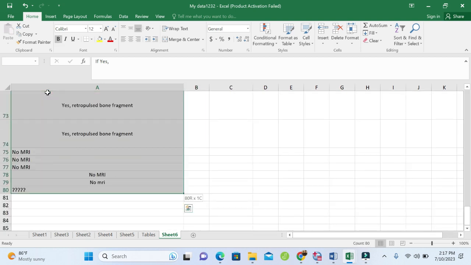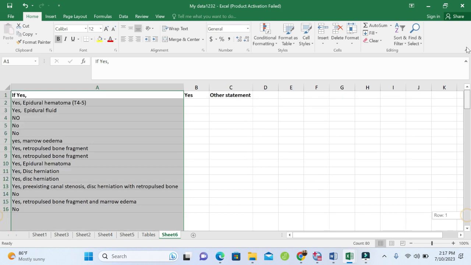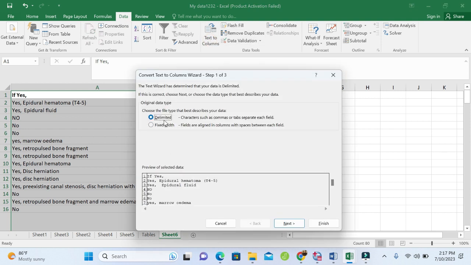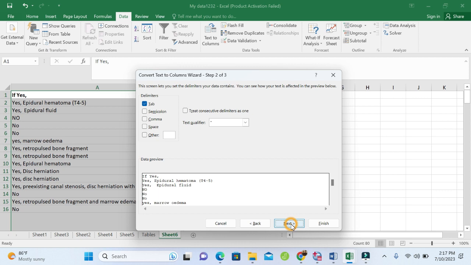Once you have selected the two columns, select the main variable and then go to data, select text to columns and then delimited. Next, select comma because we are interested in separating after comma, and there is no need to select any other option because if you select this one, there will be a problem. Just press next,